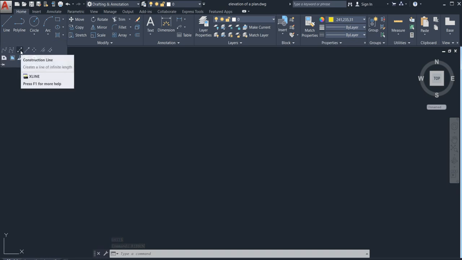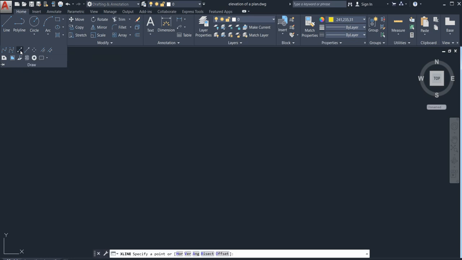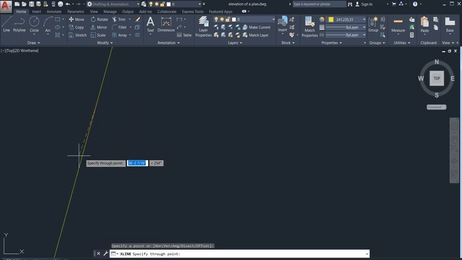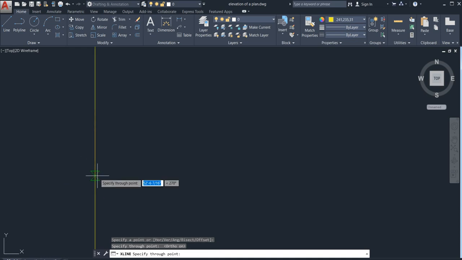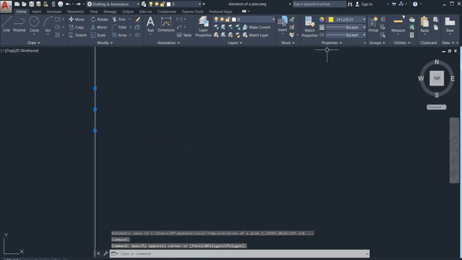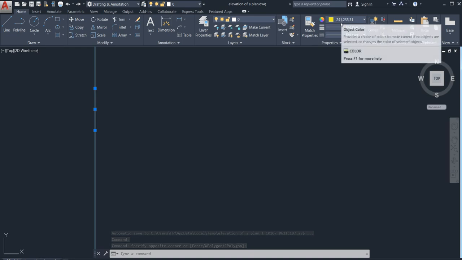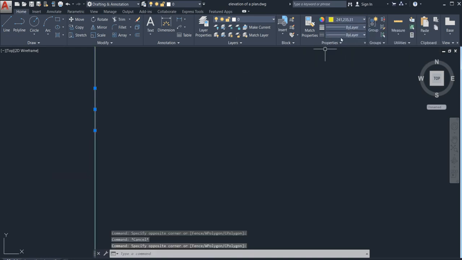So you can see, if you place your cursor here, construction line, click it here. Once again, click, go for ortho on. So I need... you can see this comes in yellow layer, means it comes in yellow color. What you need to do is, I need it in the default white one. So you can see, now make it this one, skip it.